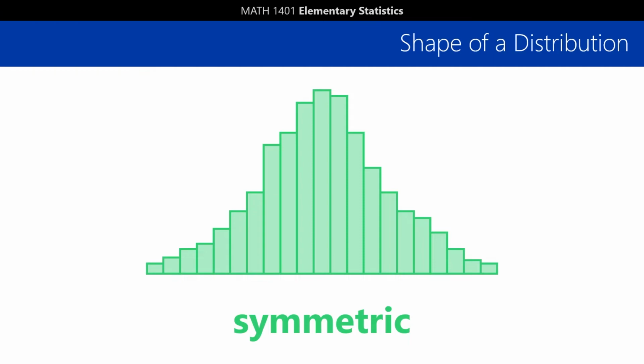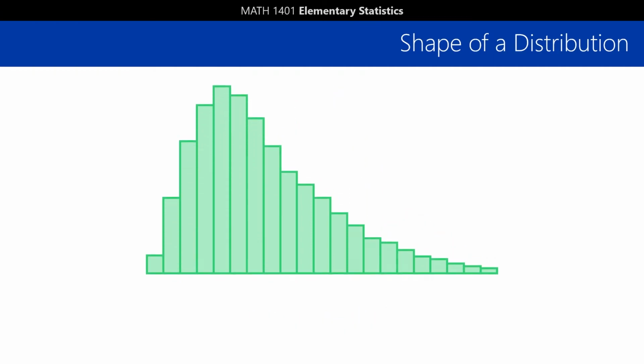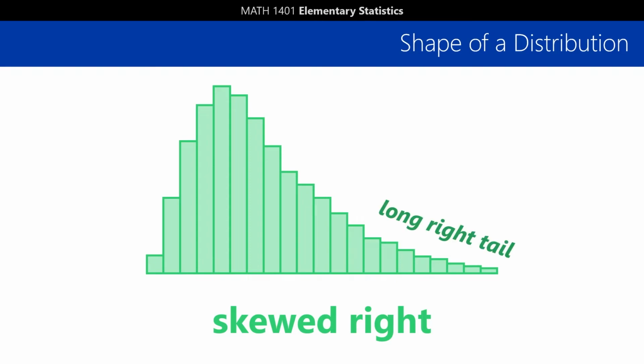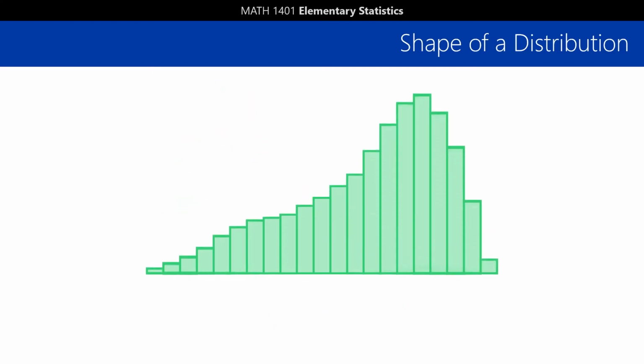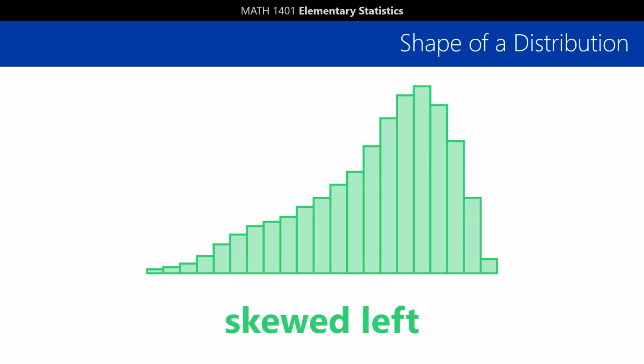For example, if the peak or mode is to the left, but the data extends much further to the right of the peak, we say that the data is skewed to the right, because its long right tail pulls the mean further to the right. On the other hand, if the peak is to the right and the data extends much further to the left of the peak, we say the data is skewed to the left, because its long left tail pulls the mean